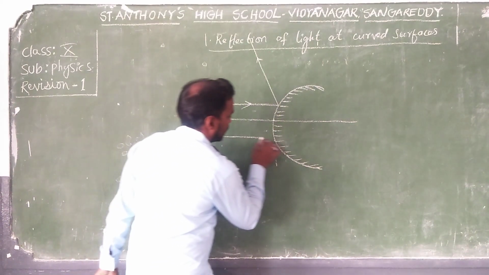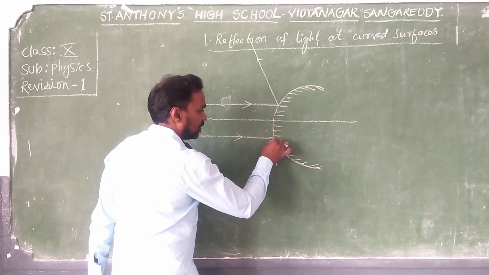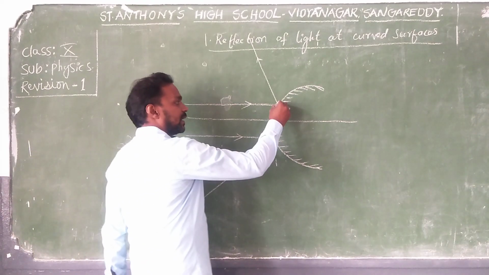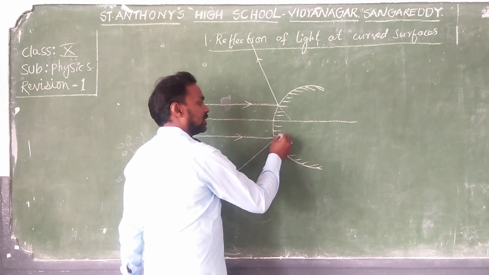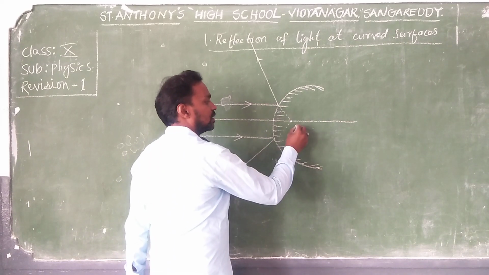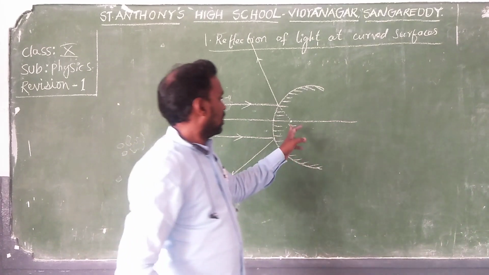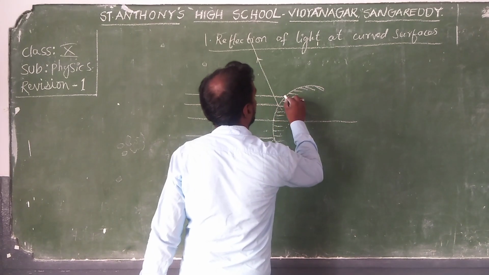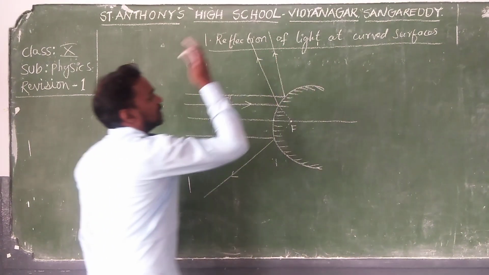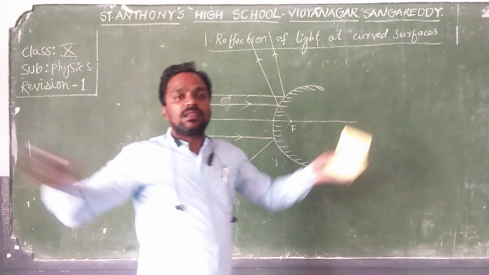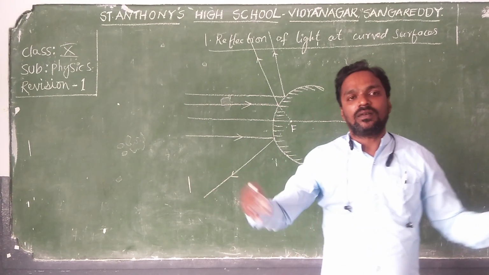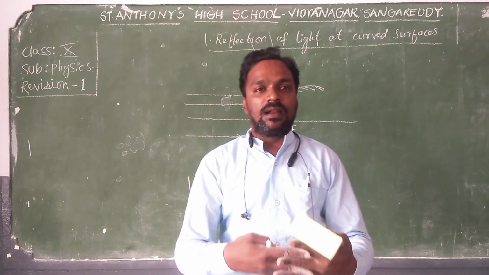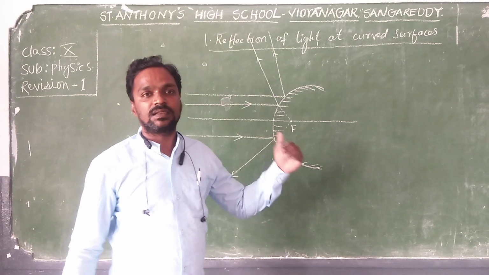And another ray, parallel to the principal axis, again after reflection goes like this. So if you extend these back, extend like this and like this, they will come and meet at one point. That is the focus. Here, this is the focus. Here, what is happening? However many rays you draw, they go away like this. That is nothing but diverge. Diverge means they don't have any relation. They don't want to come and meet at one point, and they don't want to go parallel. So they are diverging. So these are called diverging mirrors.